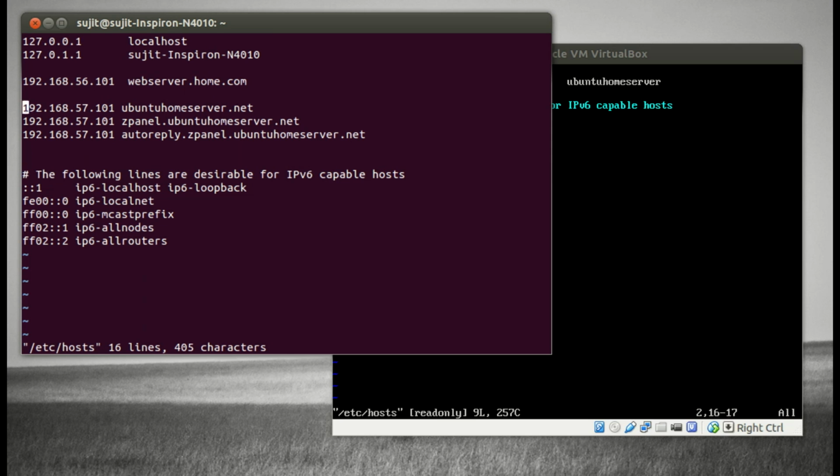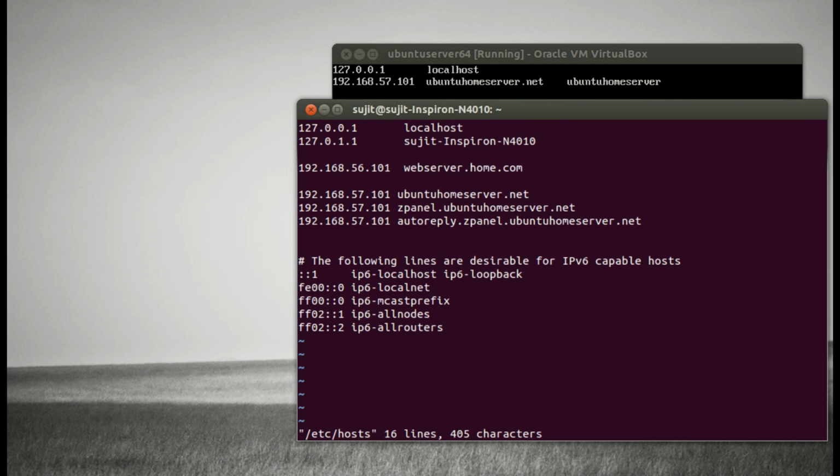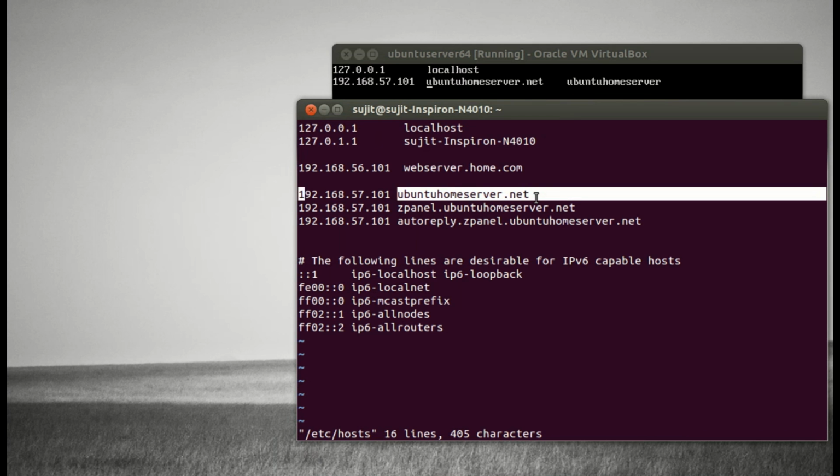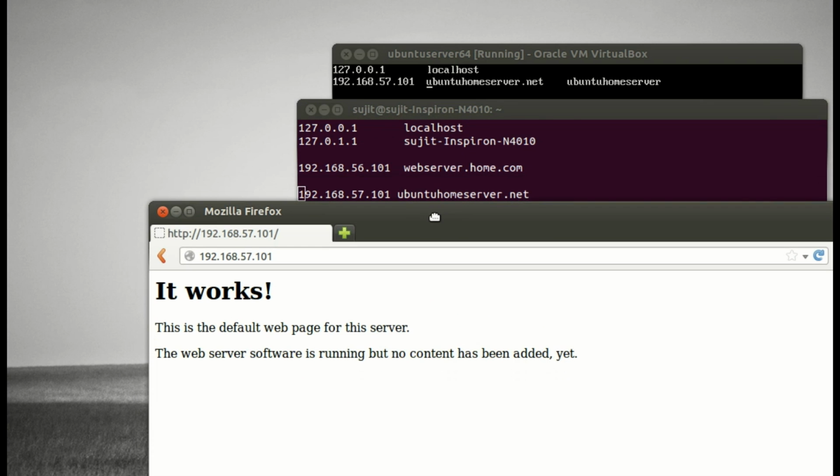make an entry for the same name as you defined here, like ubuntuhomeserver.net. Once you make the proper entry, the same entry, just ping your server with the host name, that is